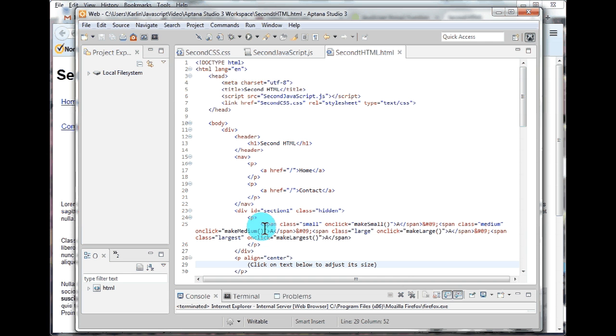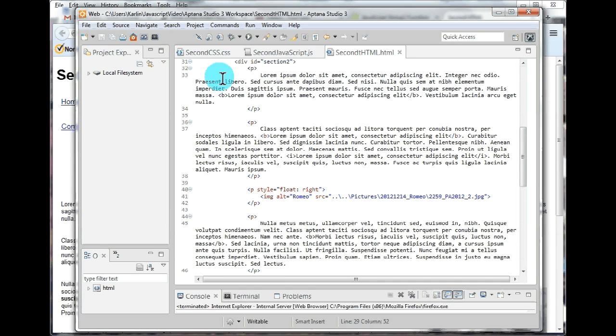Each of the A's is enclosed in a span tag that has a class that assigns the font size to it and an on-click, which when clicked will cause a program to run to change the text of the paragraphs to the appropriate size. Then we have our sentence that serves as a prompt, followed by a div section 2